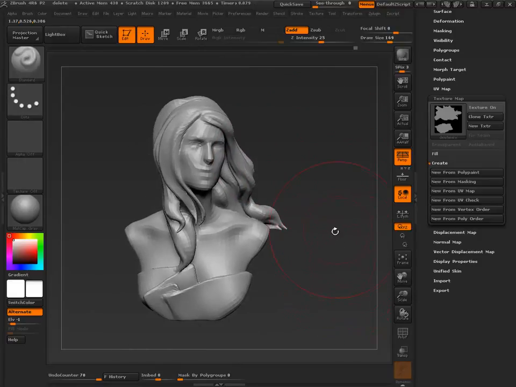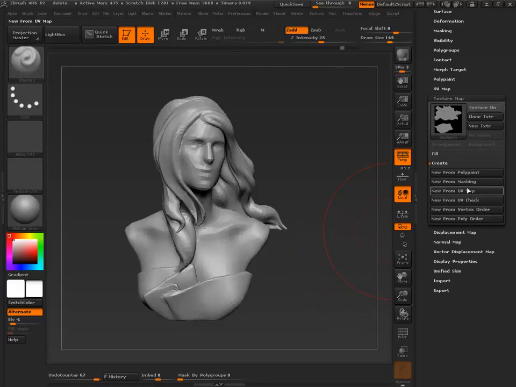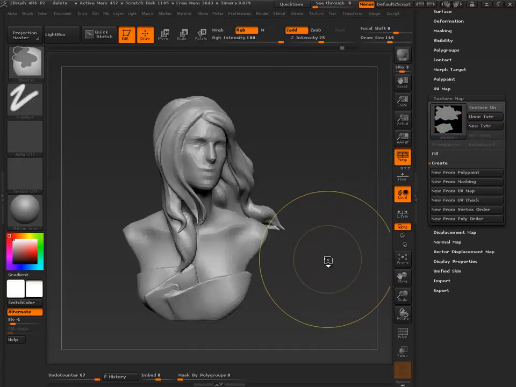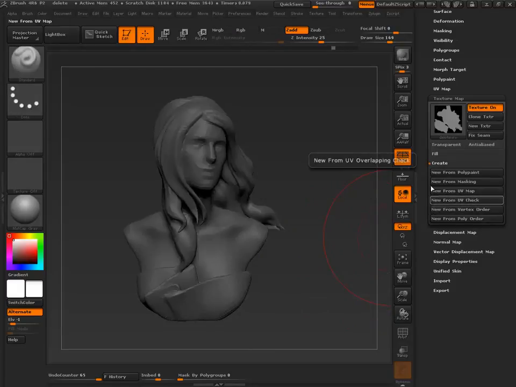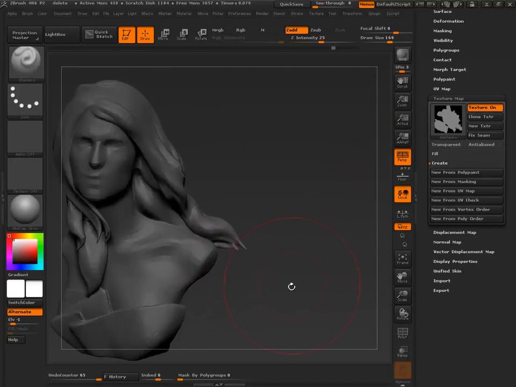Let's undo this and say new from UV map. Okay, so can I undo that import? UV check. There we go. So we're back. We've got the old stuff here. And let's say we've moved hair around.